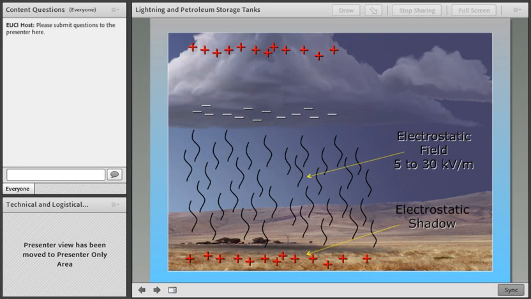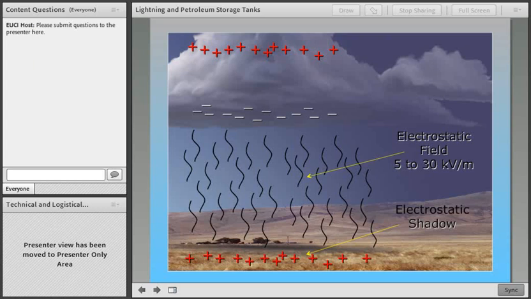So I would like to take a few slides to explain how lightning forms and how it works the way it does. In a thunderstorm, there is a series of collisions between molecules of air and water and so forth, and these collisions create static electricity within the thundercloud. Basically, it's the same electricity as you get when you rub your feet across a carpet. The friction causes an accumulation of static electricity.